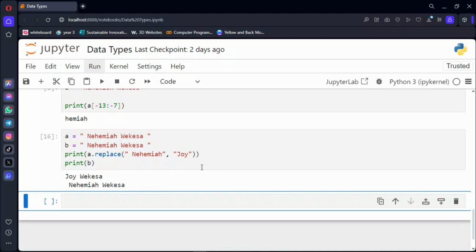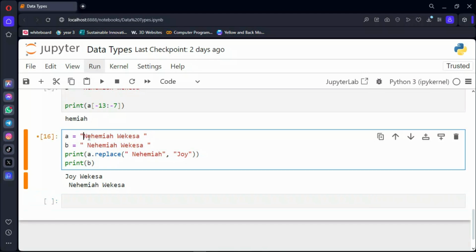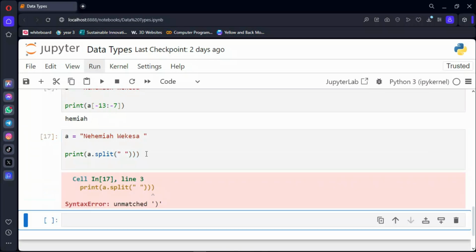And then perhaps let's say you wanted to split your strings to be separate. For example, let's assume we have, okay, let me just remove this one. So if you wanted, for example, to split this name with the delimiter being the white space, you can just say split. First of all, you define your object a dot split, and then you must specify the delimiter here that you are going to use. For example, if it is a white space, you just add there the space, then the output is going to be, sorry,